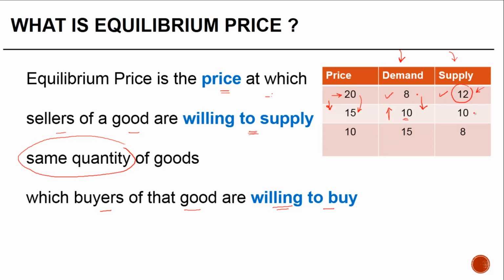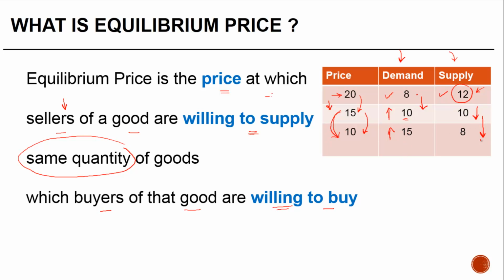But the supply has gone down, because the moment there's a decrease in the price, the profitability goes down, and therefore the supply which the sellers of the goods are willing to offer goes down from 12 units to 10 units. Let us look at this further. If the price decreases further from 15 to 10, the demand again increases from 10 to 15 units,